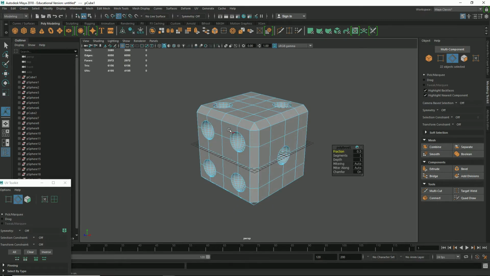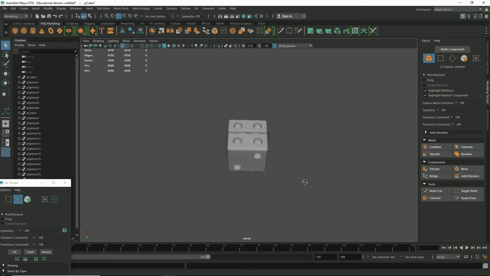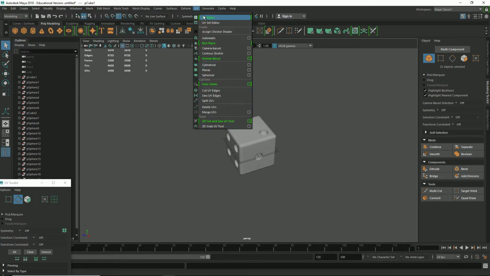And 0.5 looks about right. Let's add a few more segments here. Let's try 6. Maybe 5. Yeah, that looks good. That looks like a die. That's nice. Really nice. And if we look at the UV map, we can just make sure